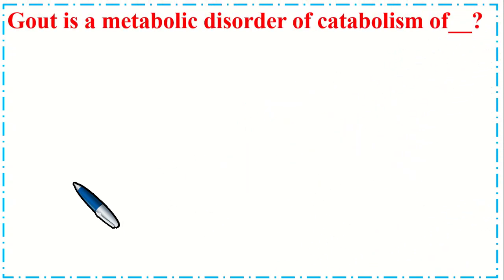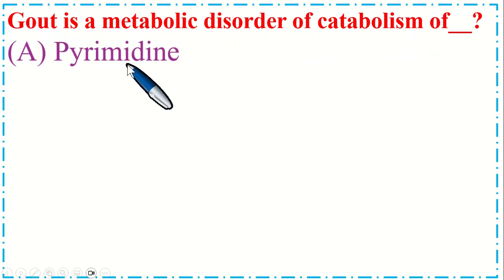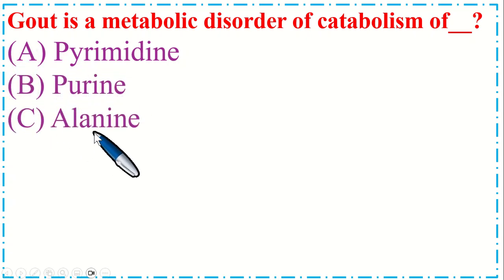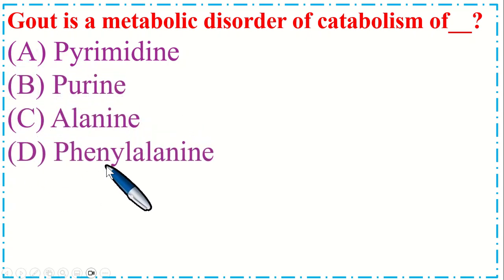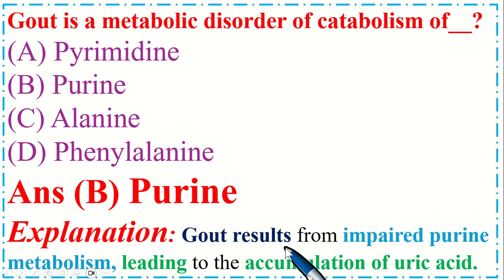So this is a very important MCQ. Gout is a metabolic disorder of catabolism of dash. Option A, pyrimidine; B, purine; C, alanine; and option D, phenylalanine. So the correct option is B, purine. Gout results from impaired purine metabolism leading to the